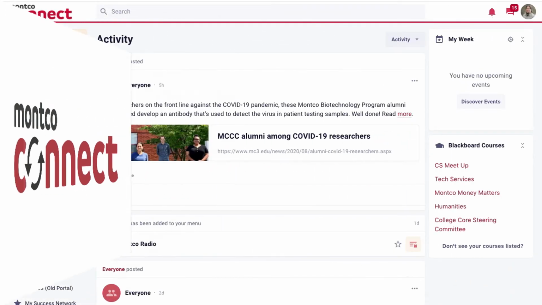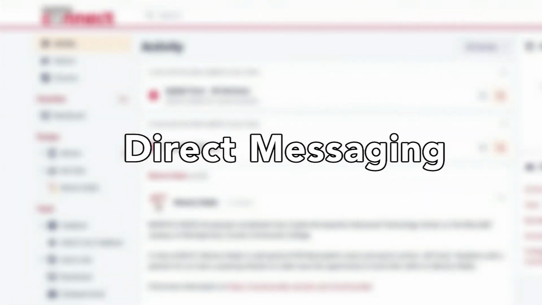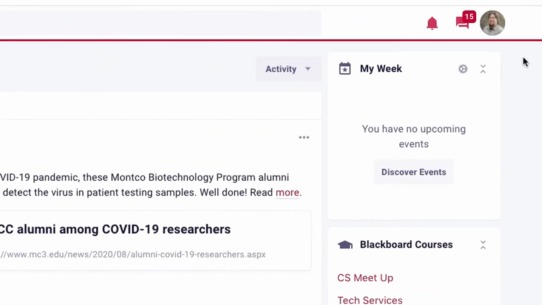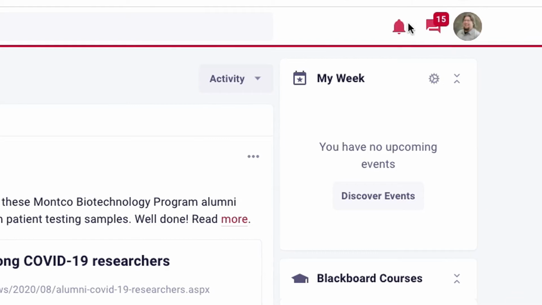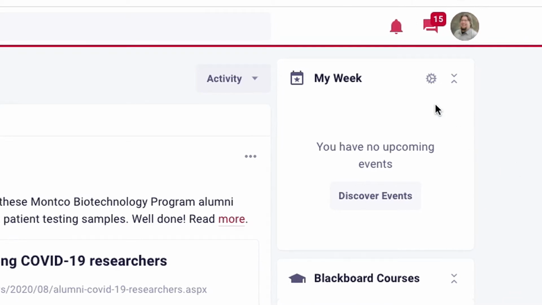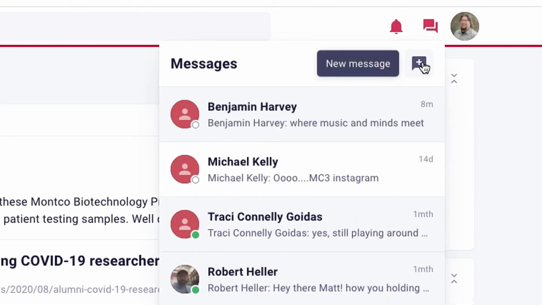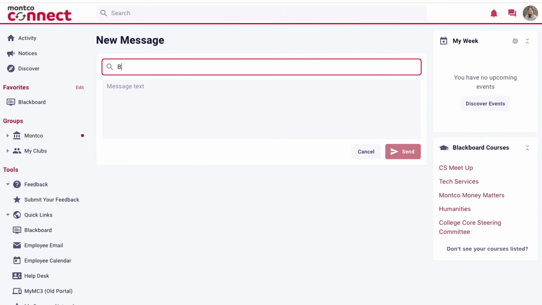MONTCO Connect provides the ability to directly message other users. By clicking the Messages icon in the top right corner, you are able to send or receive direct messages. If you click the New Message icon, you have the ability to start a one-on-one conversation or a group chat